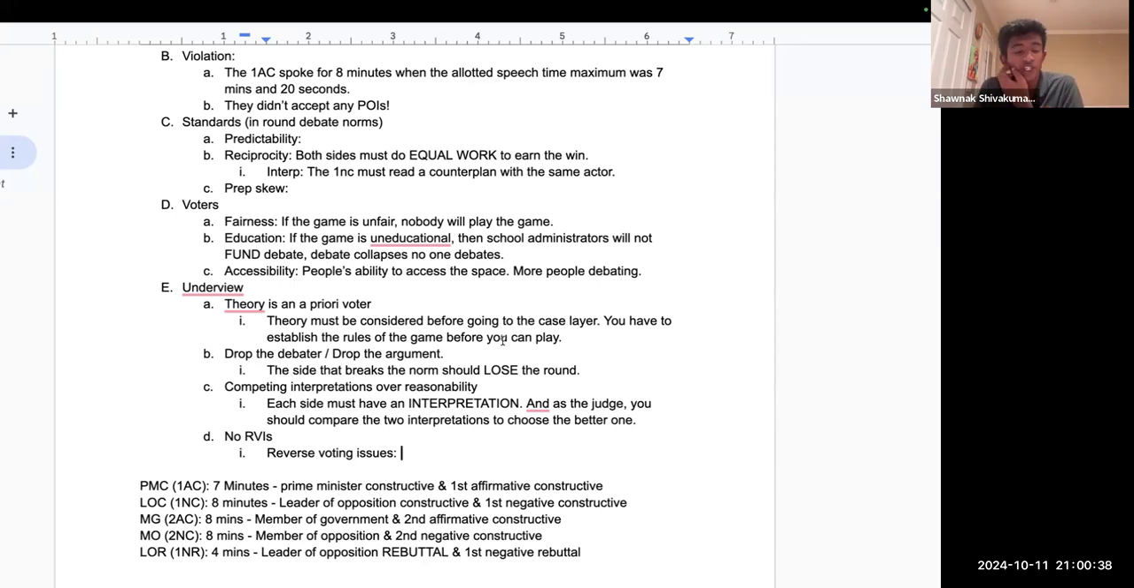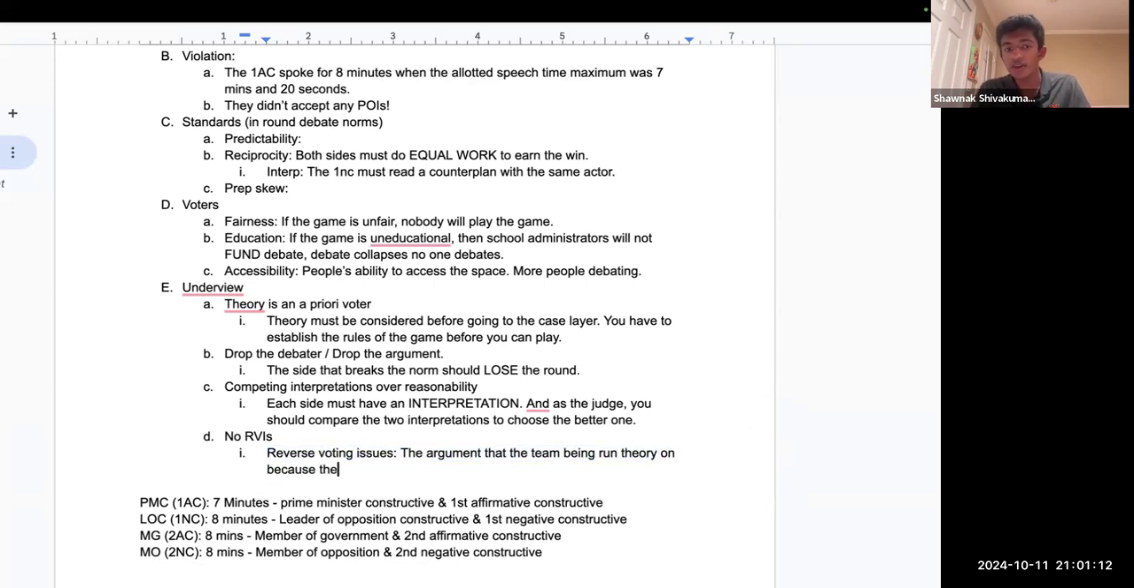So a reverse voting issue is the argument that you should actually pay compensation for filing a fake lawsuit, that you should actually lose the round for running a theory shell that we didn't violate, or we have a better interpretation. So reverse voting issue is the argument that the team being run theory on, a little bit complicated, but let's say I'm running theory on Akimi. Akimi would say RVIs are good. If I win the theory shell, vote for me on the RVI,